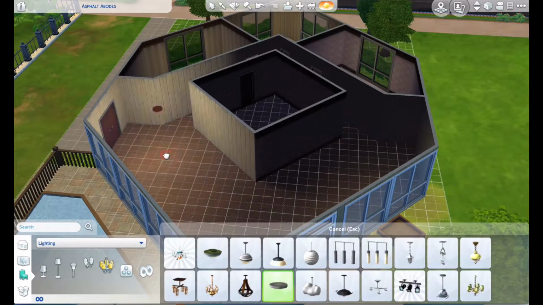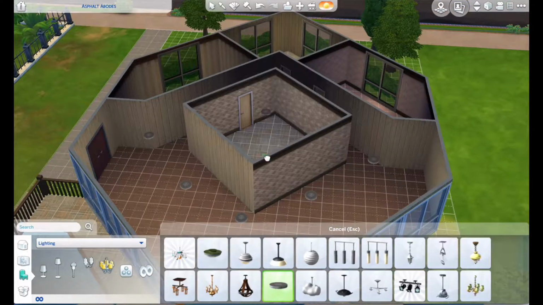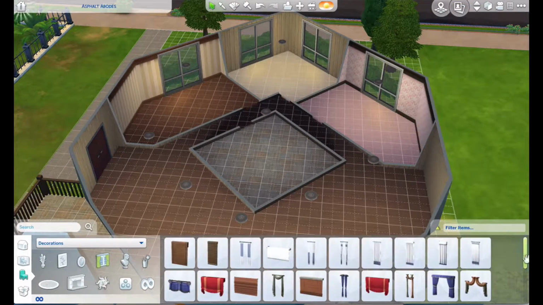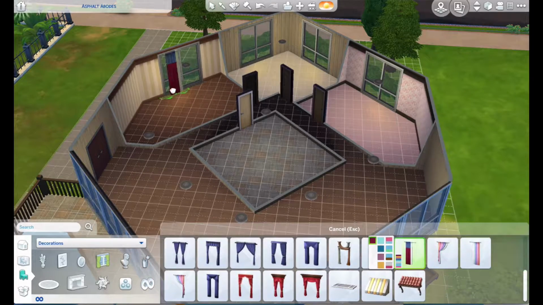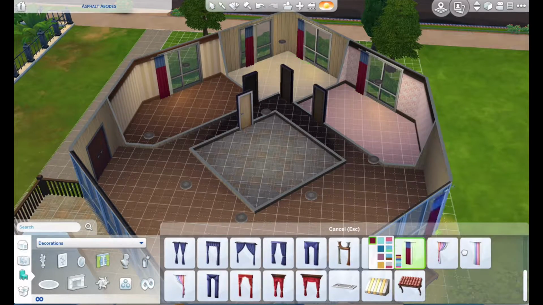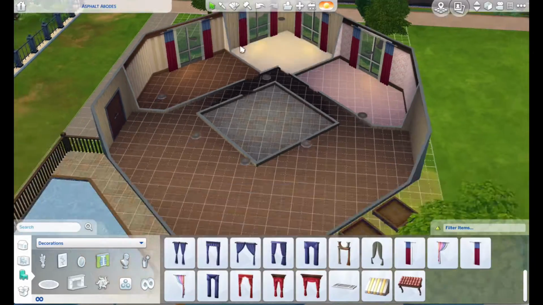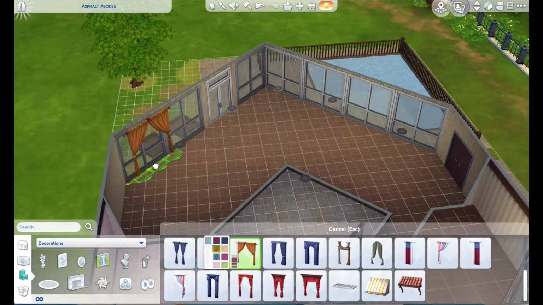Oh, some lights, so now you can finally see. I like to put the grid on when placing lights, just so that you can make sure you get them in the middle of the room. And curtains is also tricky. I don't know why, but base game curtains, they're all really terrible. And there's not enough colorways, so kind of